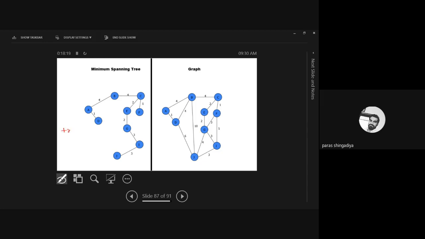After that, the total minimum weight is equal to 1 plus 1, then 2 plus 2, then 3 plus 3, again 3 we have considered 2 times, 4 plus 4. That's it. That will be your minimum total. What is the answer? 20. So 20 is your minimum total for that graph. That is known as the Kruskal algorithm.